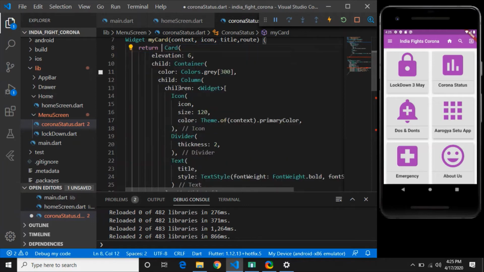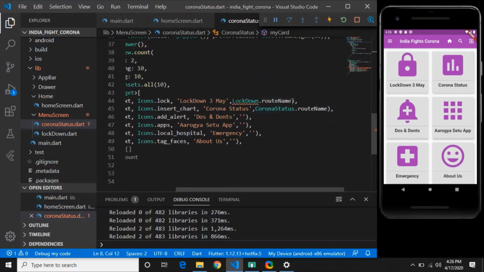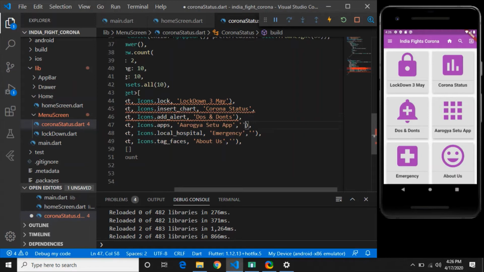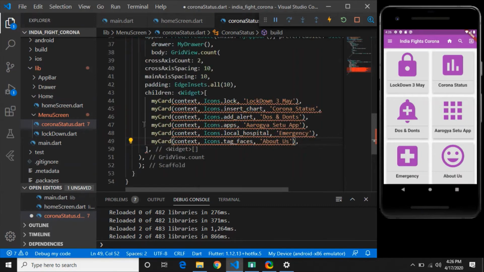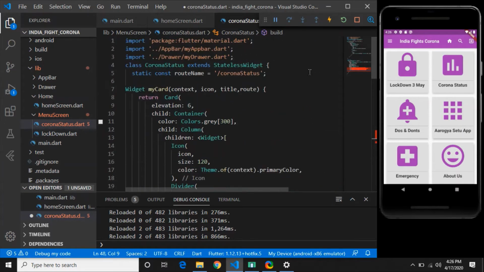Now we are about to remove the fourth argument. We don't need the fourth argument anymore. The route is not required, so I will just delete this from everywhere. I know I am getting an error, no problem, we'll solve it. And we should have only 4 cards, because we are going to add only 4 statuses in corona status. Now I am saving in between. You have to have that habit of saving. So here it's common.